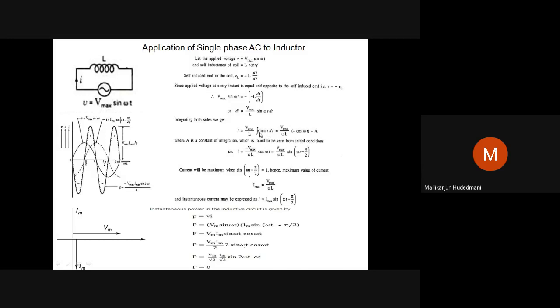What will happen? Integration of sine omega t becomes basically minus cos omega t, and omega t's differentiation with respect to t gives a division by omega. So I will have the integration of sine omega t with dt as minus cos omega t divided by omega. That's all. There is one constant, so I can exempt this. Therefore, Vmax divided by omega L, in the bracket minus cos omega t, is the equation of current.